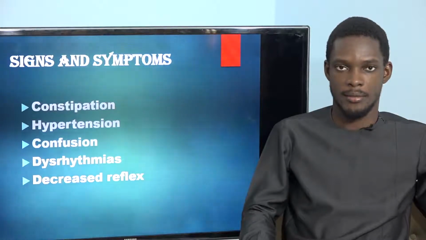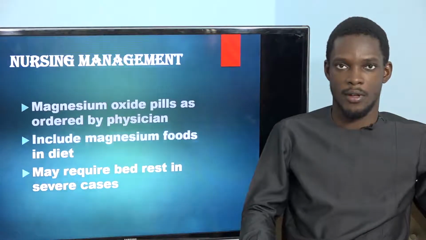hypertension, confusion, dysrhythmias, and decreased reflexes. And for the management of a low amount of magnesium in blood circulation, what you might want to do is to serve magnesium oxide pills